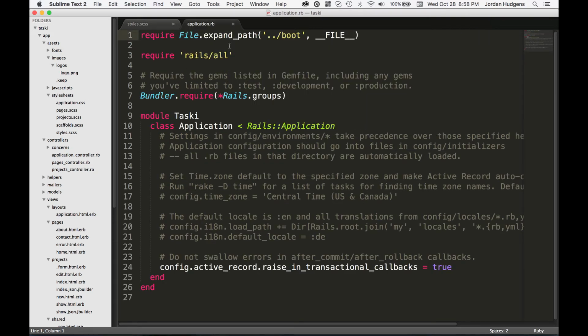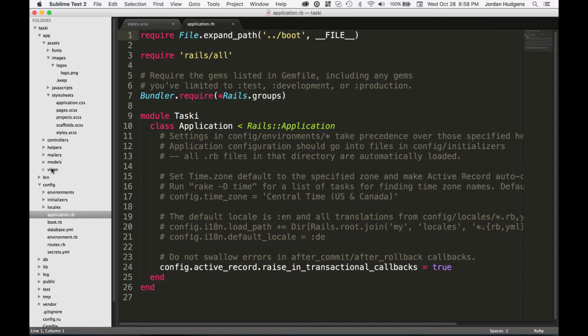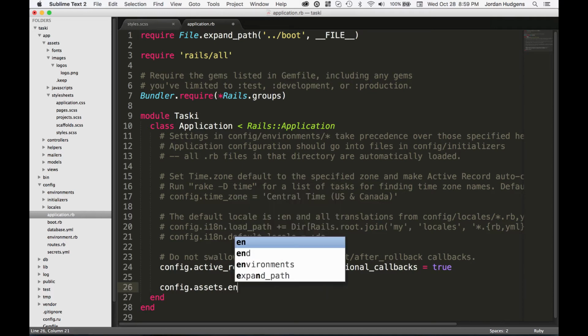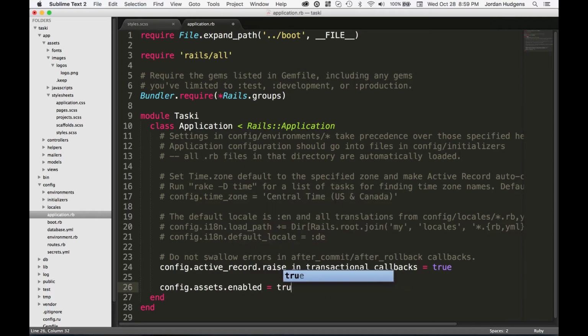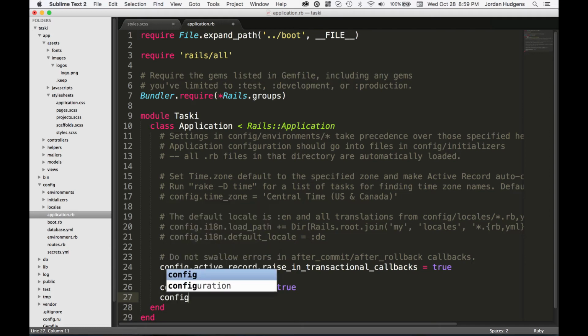And the next thing I want to do is open up application.rb. And you can see the path. This is inside the config directory. So you can also access it down in config right here, and you'll see the file. Down on the bottom, just add a couple lines. The first one is config.assets.enabled, and set this to true. And the next line, you're going to do